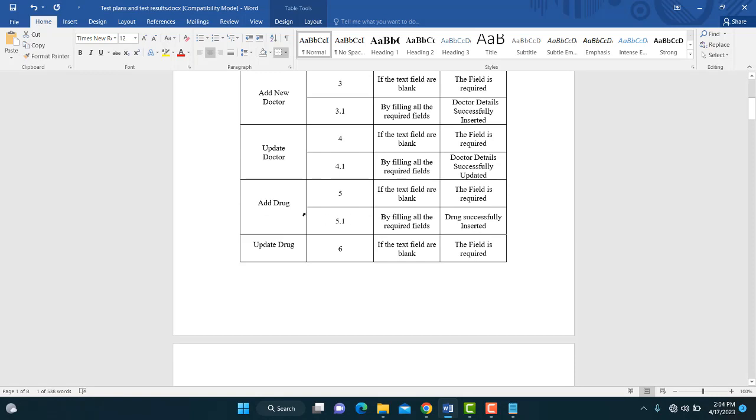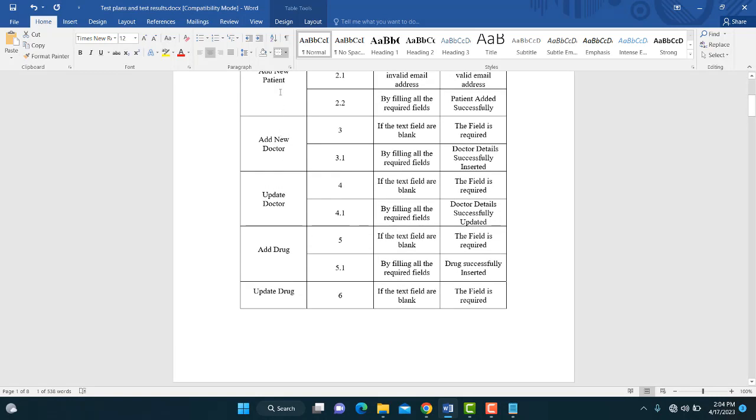After that, patient we have finished, doctor we have finished. After that, we are going to the fifth test case, which is drugs. Drugs mean medicine. Okay. So here, at drugs, we also check whether the drugs